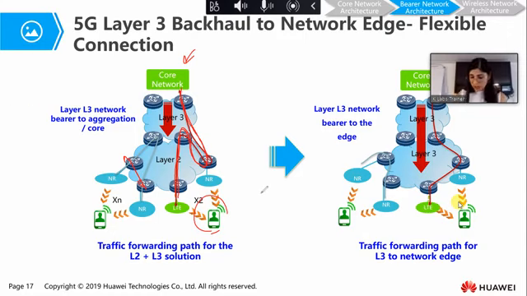So the first change that we will see is that we need to upgrade our layer 2 to a layer 3. So in this way, we basically upgrade our switches and in this way, two nodes at layer 2, which is upgraded to a layer 3, can directly communicate with each other, being more efficient and less time consuming. So basically we are pushing our layer 3 to the network edge.